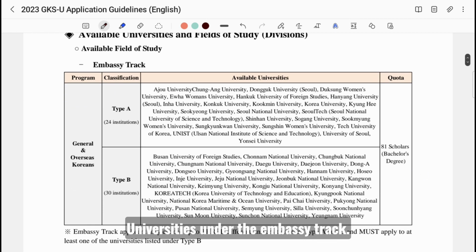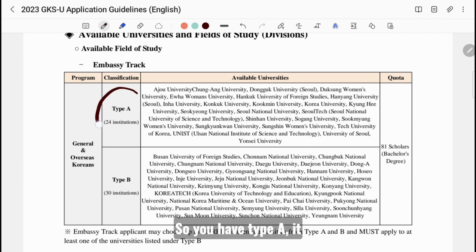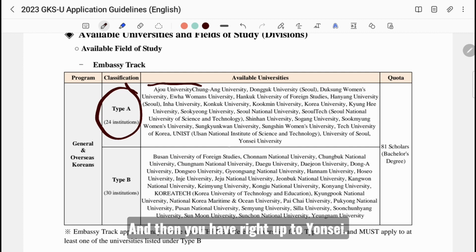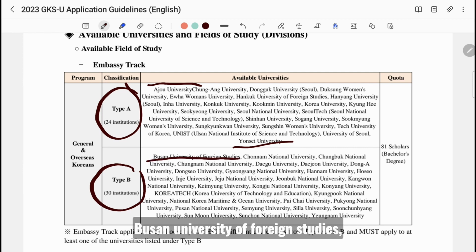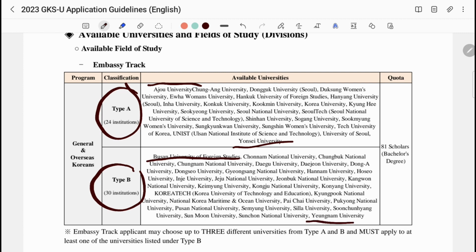The reason why this section is important is that it has all the different universities under the embassy track. So you have type A, it has 24 universities. You have Aju University, which is my alma mater for masters, and then you have right up to Yonsei. You have type B, which has 30 universities, from Busan University of Foreign Studies right up to Yeongnam University.